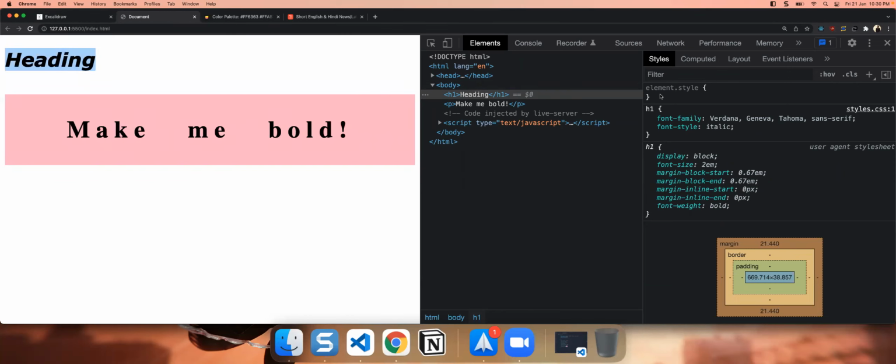Which means this is only for you to play around with, like only for your demo, you can use it this way. And one more thing is, if you hover over these styles, you'll get the checkboxes here. When you uncheck them,